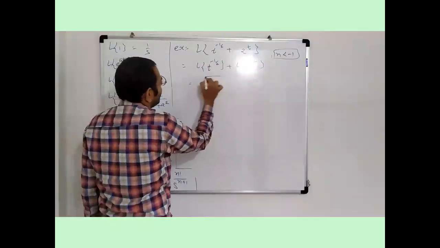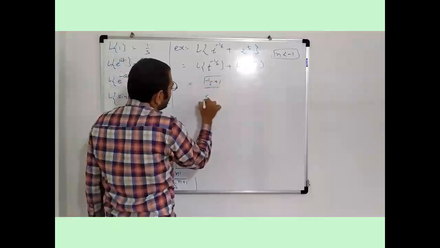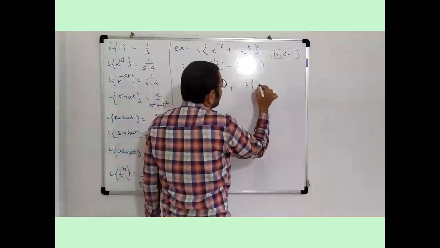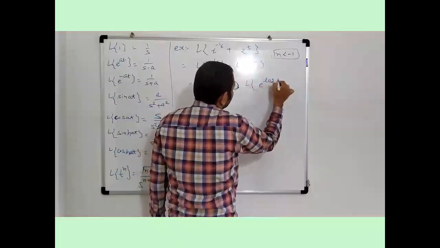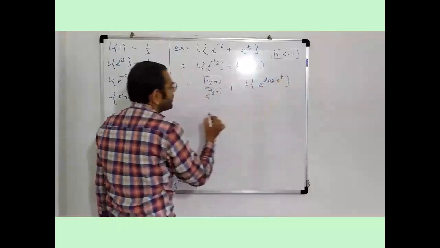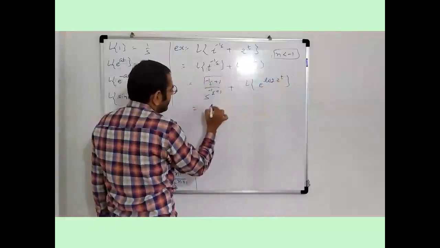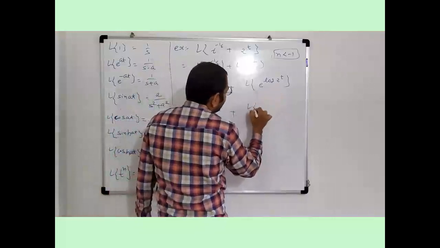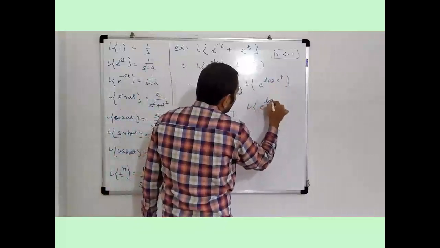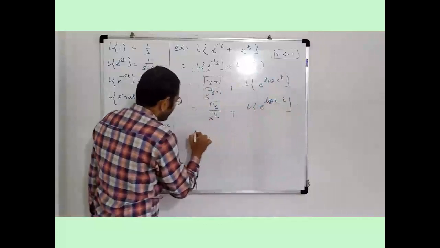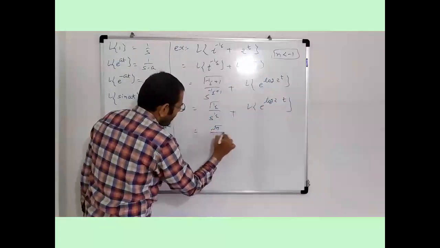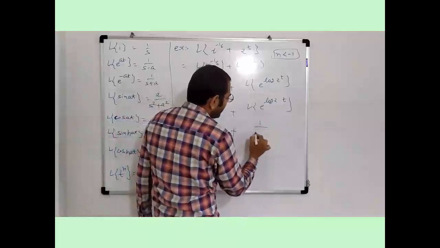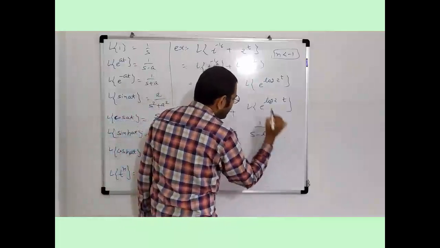Then here it is a fractional power, so gamma of minus 1/2 plus 1 upon s raised to minus 1/2 plus 1, plus here we can say e raised to log 2 raised to t, according to the properties of logarithm. Here minus 1/2 plus 1, then gamma 1/2 upon s raised to 1/2, plus Laplace of e raised to t log 2, which gives 1 upon s minus log 2. Here gamma 1/2 equals root pi upon root s.